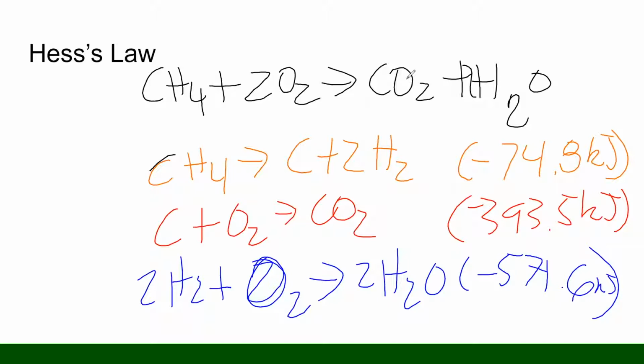All right, so now all we have to do is cancel out like terms. Whatever's on the left and on the right will cancel out with each other. So carbon and carbon will cancel each other out once we add them all together. And then we will also cancel out 2H2 and 2H2. So once we add all 4 of these, you should have CH4